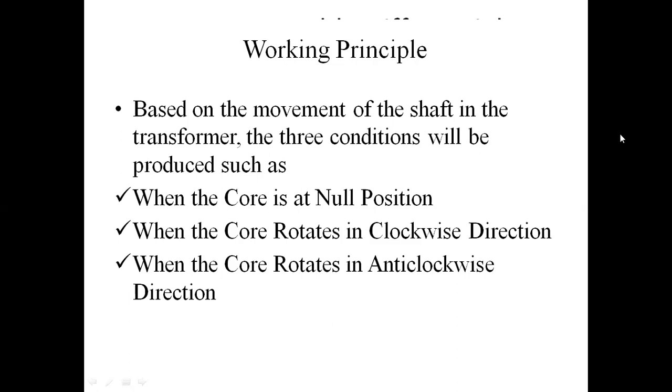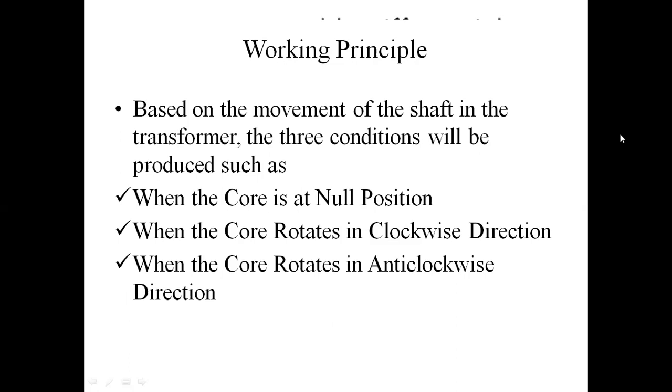Now, about the construction, it has two windings, primary and secondary windings. The primary and secondary windings are wound on a former. There are two secondary windings which have an equal number of turns. These windings are placed identically on either side of the primary winding. A cam-shaped magnetic core made of soft iron is connected to a shaft, and this magnetic core can be rotated between the windings.